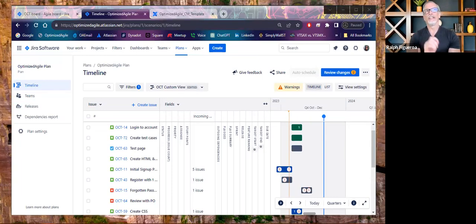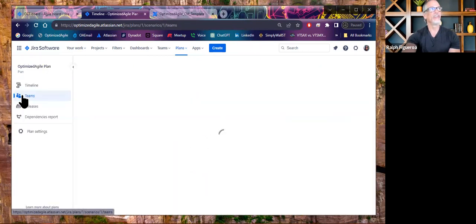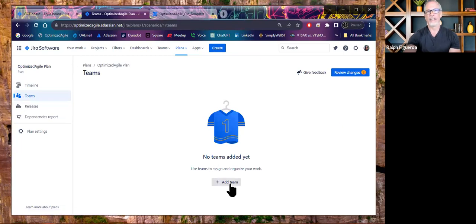So leverage the teams capabilities. You can assign and create teams in Jira Advanced Roadmap. And when you create the teams and you cluster the teams together, the tool does a reasonable job at doing capacity planning. I don't have it set up. I wish I did. I can show you the example, but